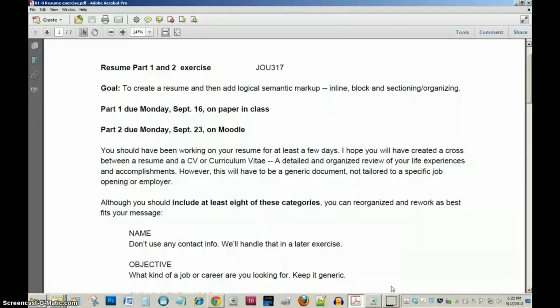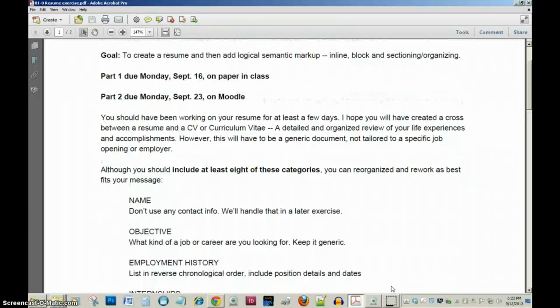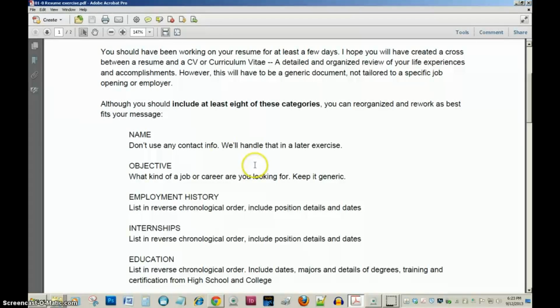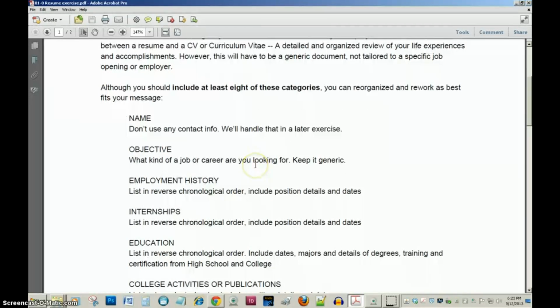Of course, part 2, which is due a week later, and which you really have the skills already to do, is to do the markup on that resume. If we look at the categories I've given you for a resume, I suggest you include at least 8 of these categories. You can reorganize and rework them as best fits your message. And you can make up new categories if there are categories that fit your experience and your life better.